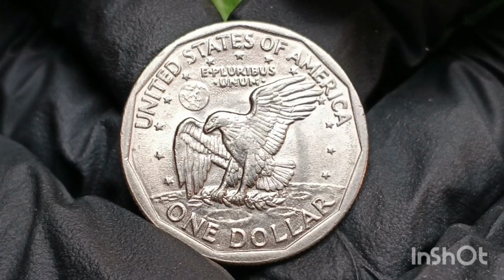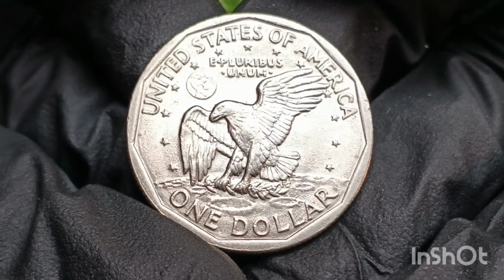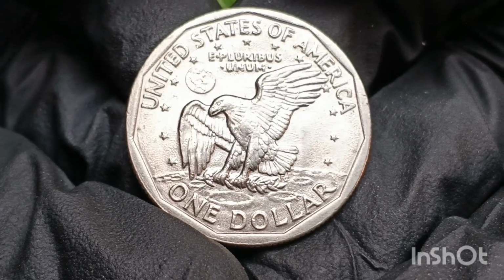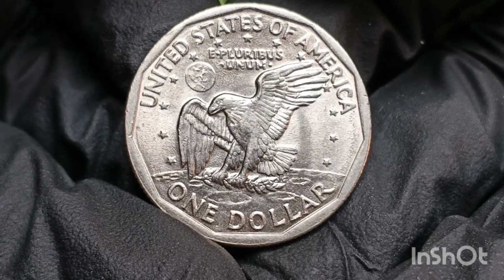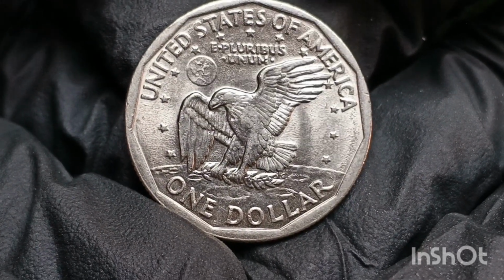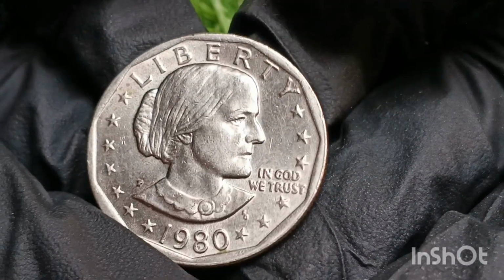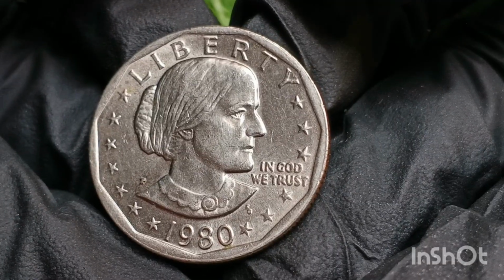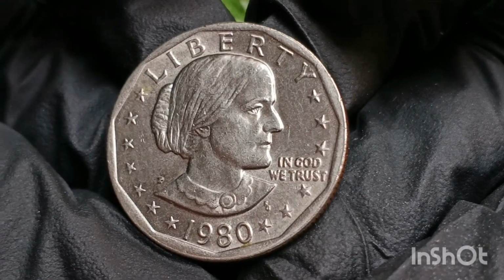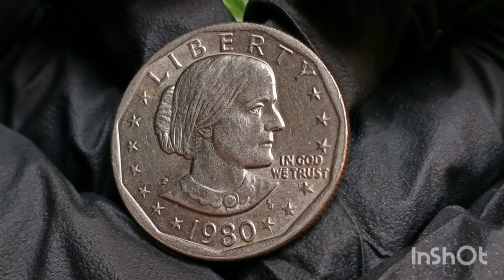In circulated condition, the 1980 Susan B. Anthony dollar is typically worth face value, $1. However, some lightly circulated pieces may fetch a small premium depending on condition and mint mark. Approximate values as of 2025: Philadelphia, no mint mark, $1 to $1.25; Denver, D, $1 to $1.25; San Francisco, S, business strikes,